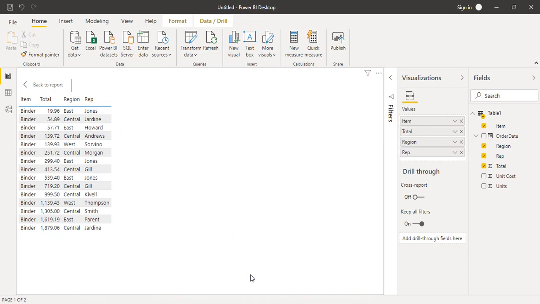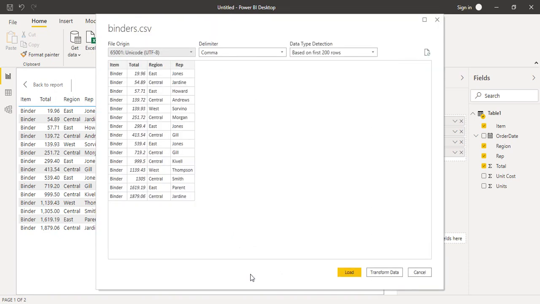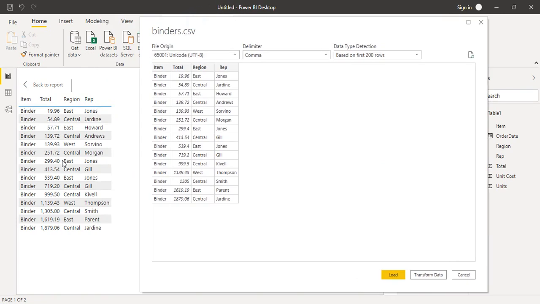Then of course you've got to wait for some seconds, and then you can see that this whole data is present, and you can just compare. It's the same despite the fact that it is a CSV file and this was an Excel file. So that's how you can actually use this data in Power BI again and again.